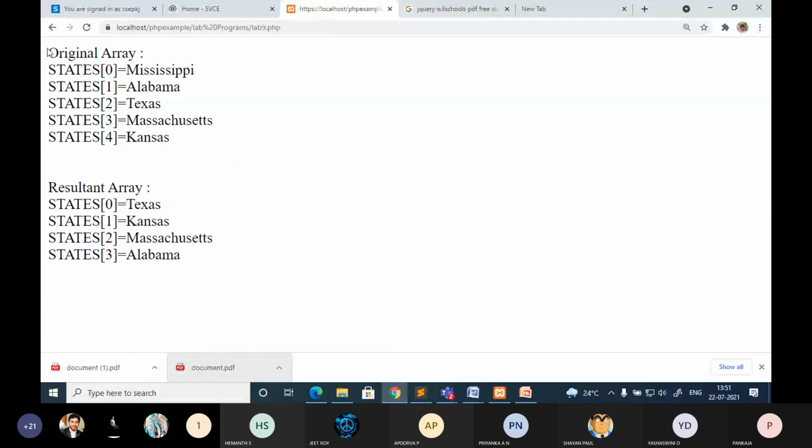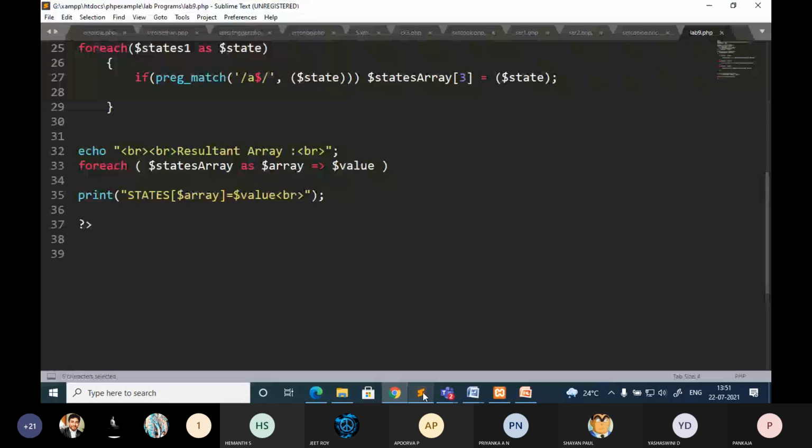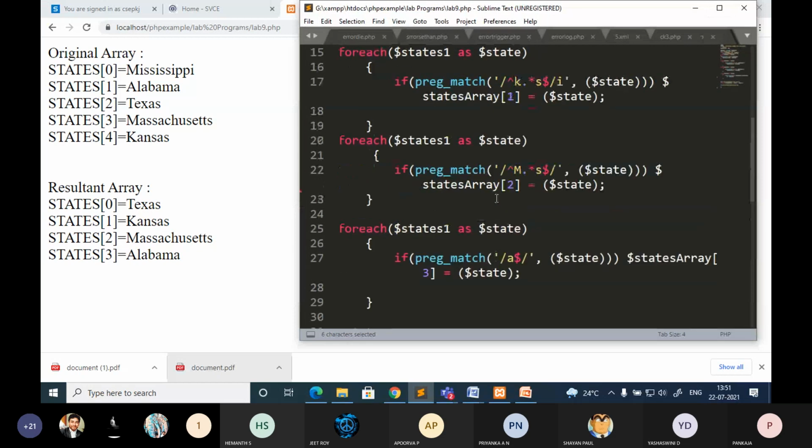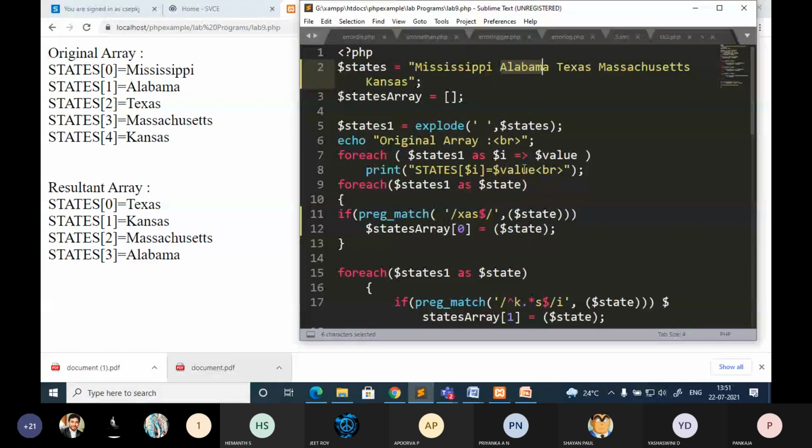Okay, you can just see this is the original array. Whatever string they have given, I have just split it and stored it in the form of an array, because when you are doing pattern matching, we are comparing word by word.